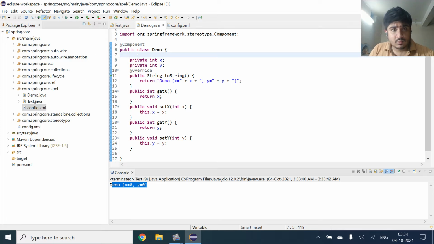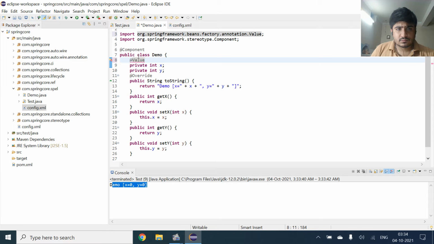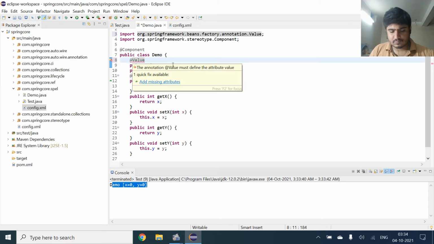Here we will just give the Value annotation, and here we will just pass the expression.